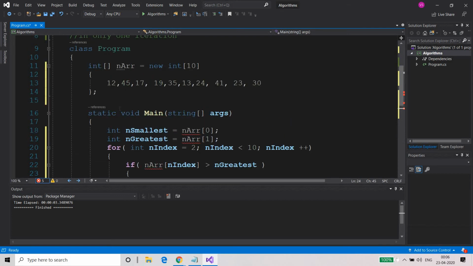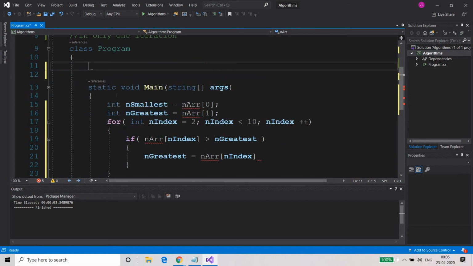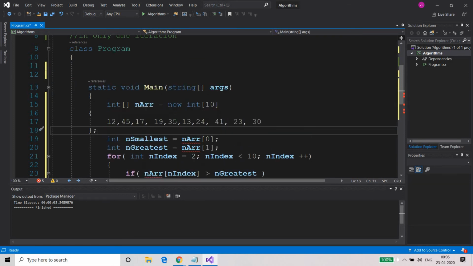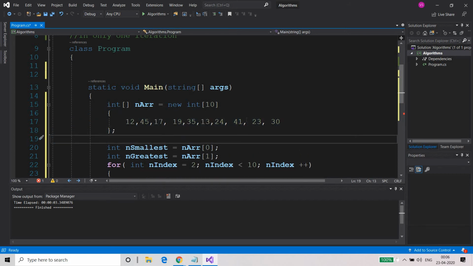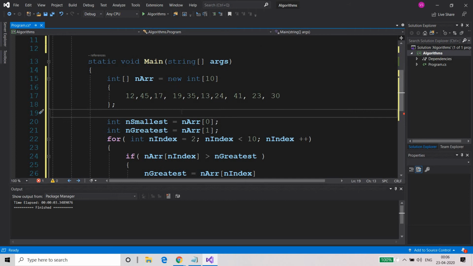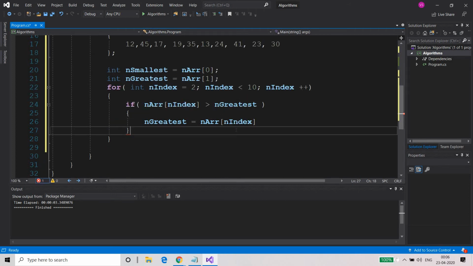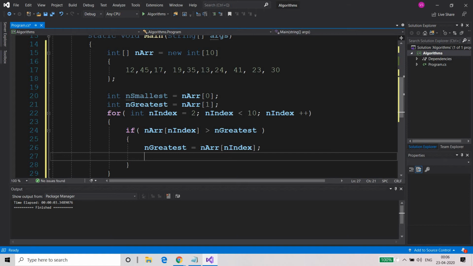I need to put it inside the main function. Okay, so I have placed it inside the main function, and now this is what I'm doing. If an element at a particular index is greater than the greatest, then that should be the greatest now.